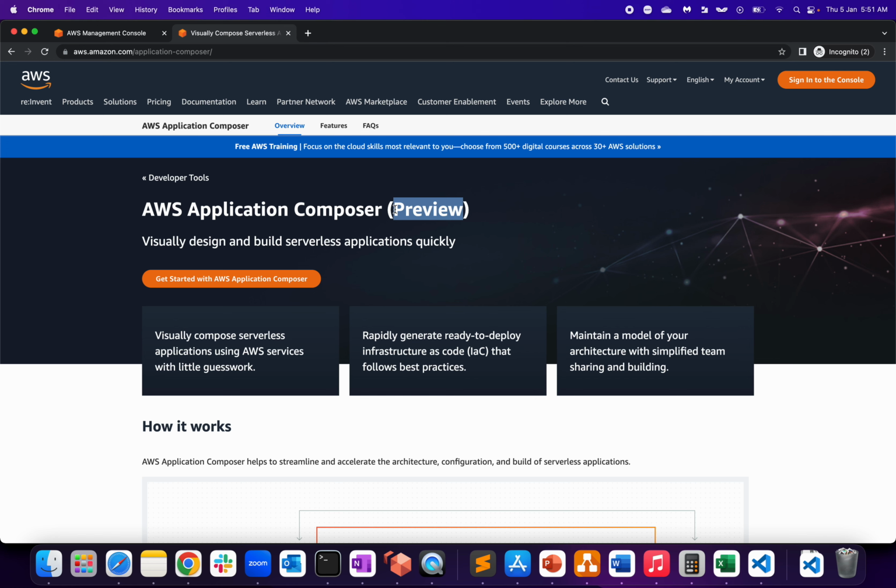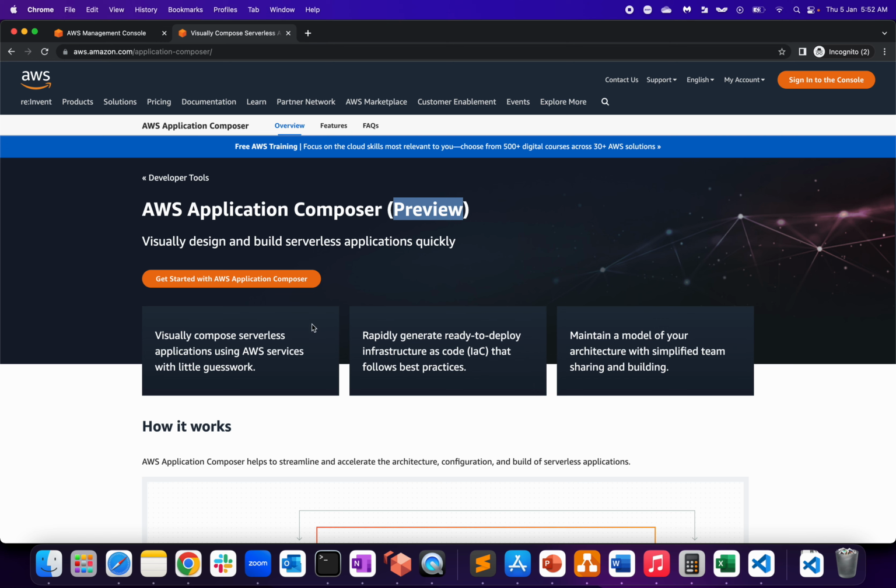Again, not all the services have been integrated with AWS Application Composer. It's more towards a focus list like Lambda function, DynamoDB table, then S3 bucket. EC2 instances are still not there. In the backend, it is working on top of CloudFormation. So it creates a template for you, which you can deploy, a ready to deploy template created by Application Composer